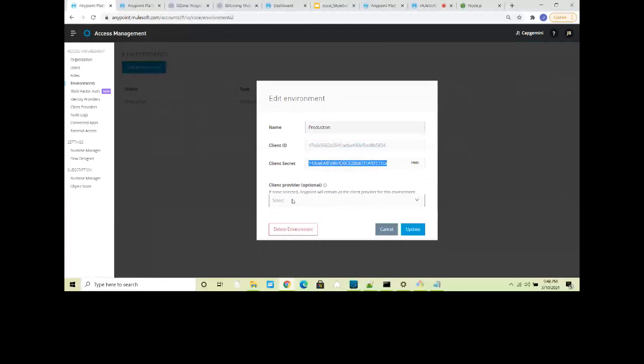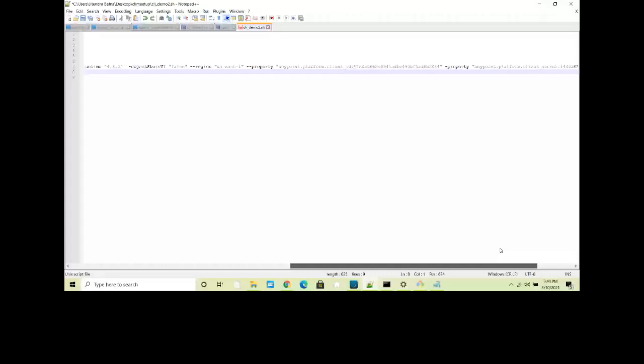Okay, let me check what is wrong here. Let me check if I did something wrong. Let me copy this from here itself. No, nothing is wrong. Sorry. So basically here I'm passing the Mule application name and the jar file, your worker size, and properties, right? And yeah, there's a problem with this particular thing. Okay, let me copy this again.